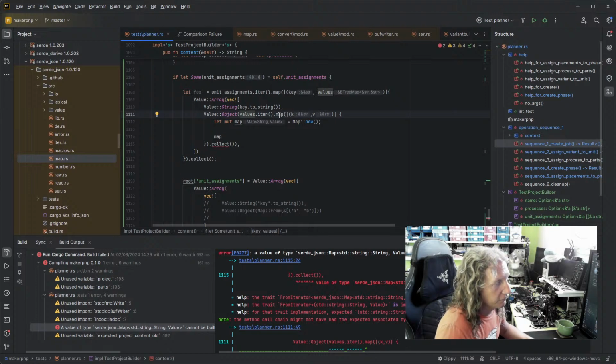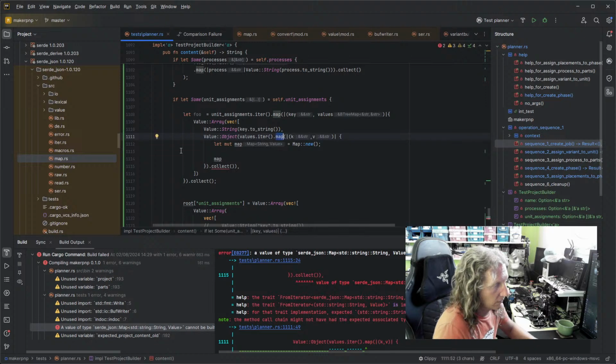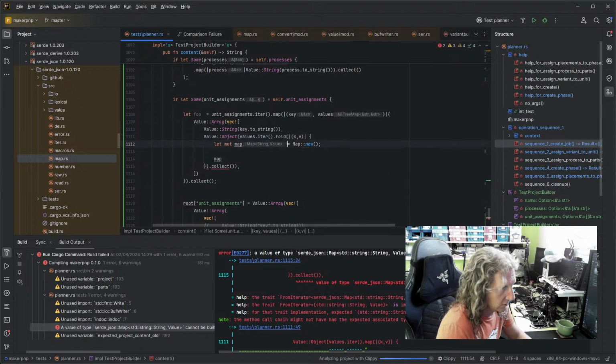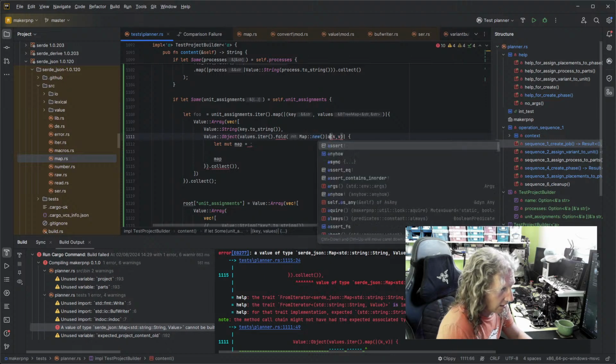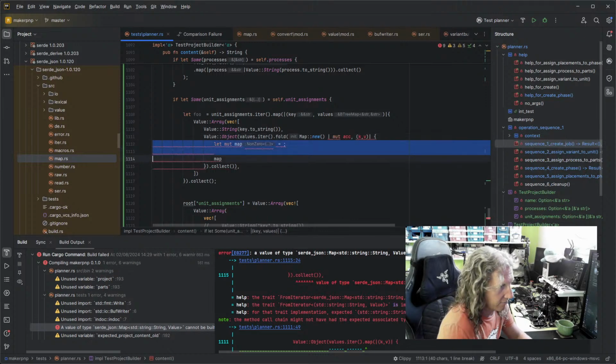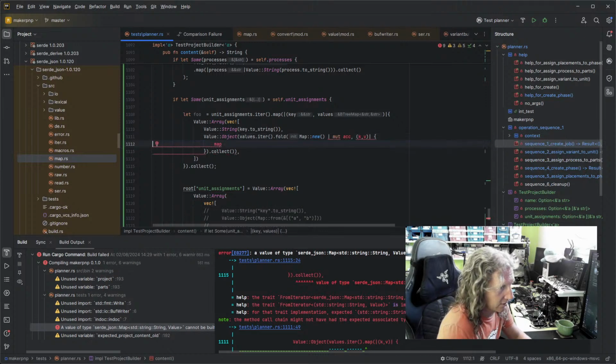No, we need to use fold. We need to do a fold, and then we create the new map, and then you have the accumulator,